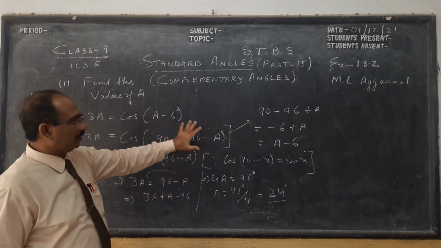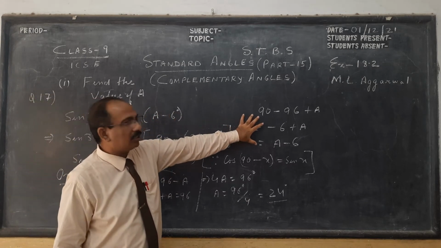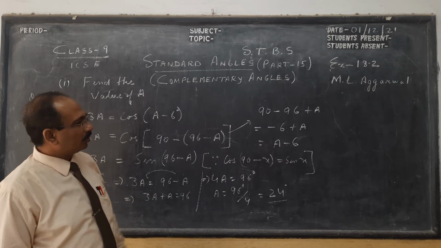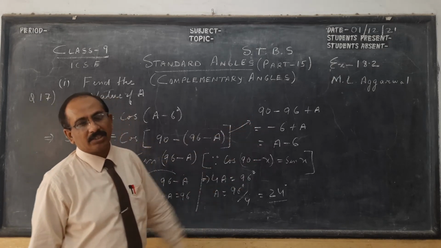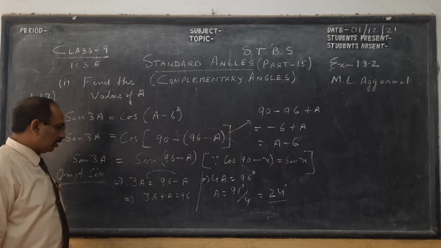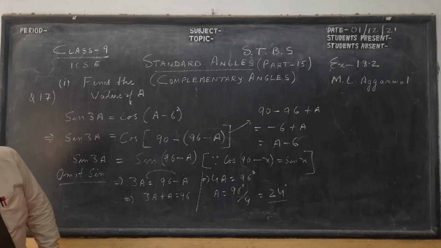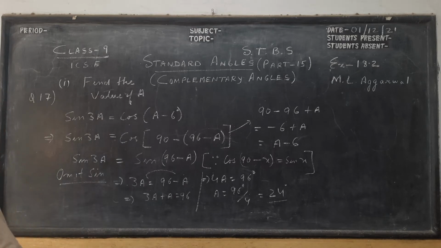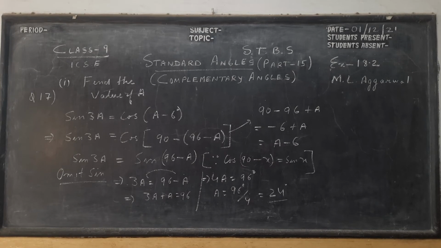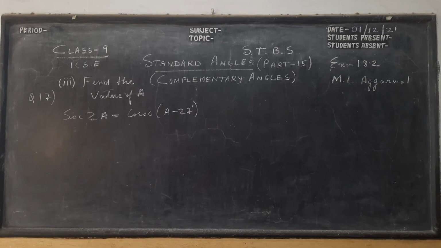This is 17, 18 and 19. So this part, children, you try to understand. Okay, this is basic addition and subtraction, but you have to think about it. So kindly pause the video and copy. Then I'll go to part 3 of this question. Let's see part 3 of this question.